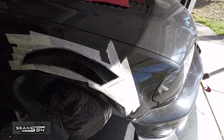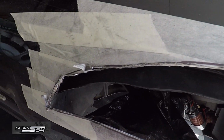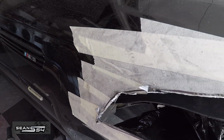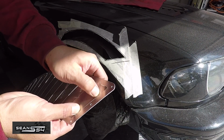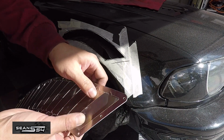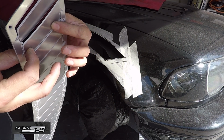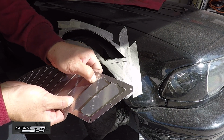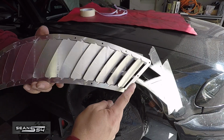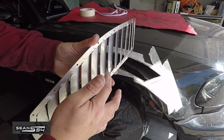So we just finished the cut, and you can see the fender liner on the inside. I trimmed that previously, and we're probably going to trim a little bit more of the fender liner later. So now what we're going to do is bend the fins to the angle that we want. I'm pushing up with my pointer fingers and down with my thumb, and you just do it slowly. So I just bent the fins. Try to get the gap very similar on each of these,